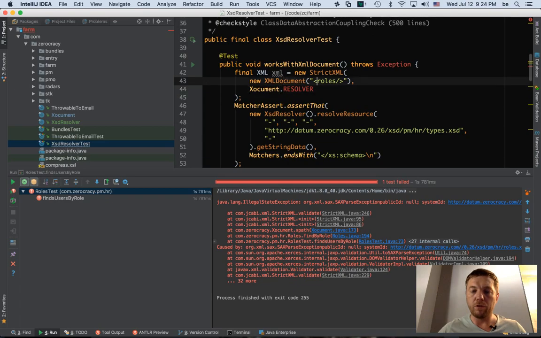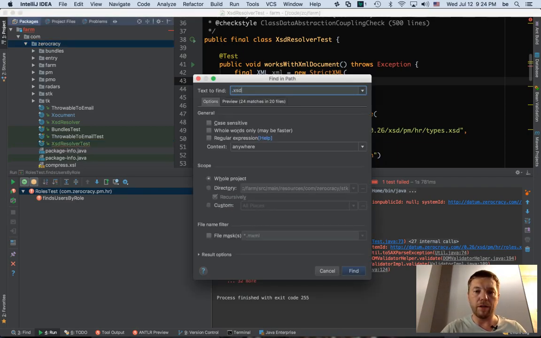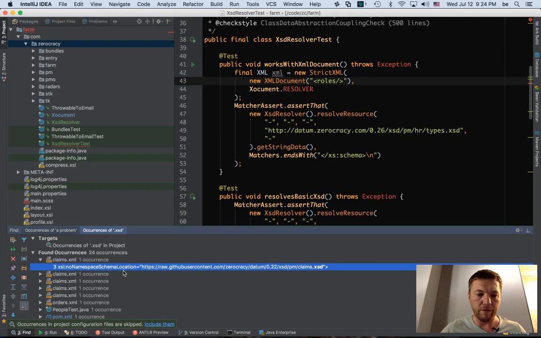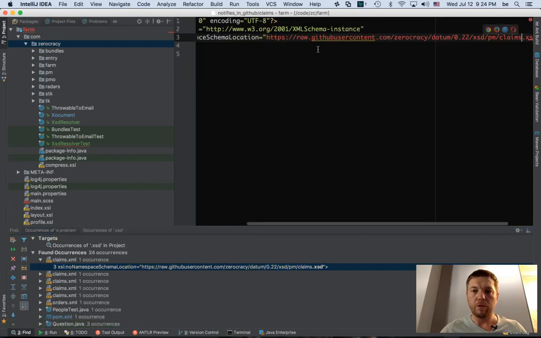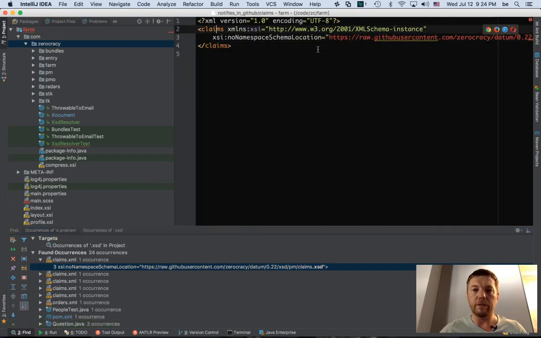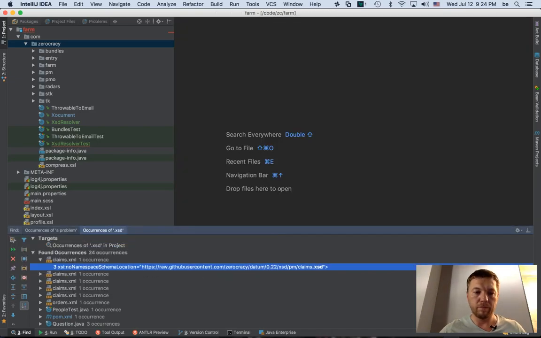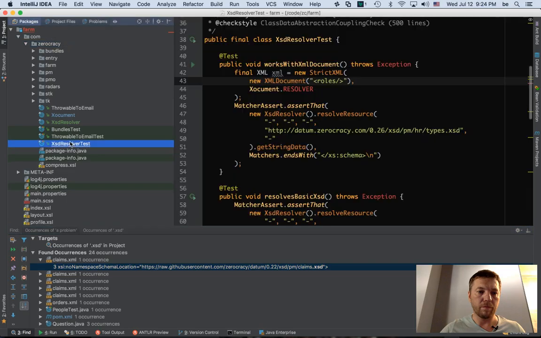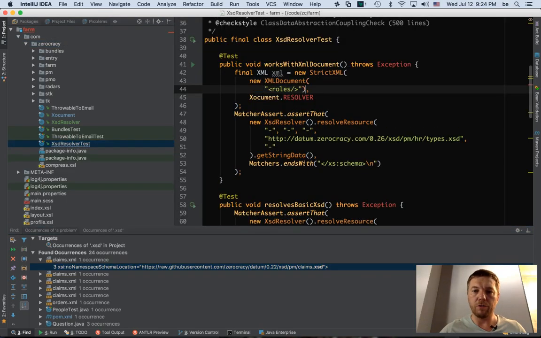No, maybe the roles will not be enough because there has to be a link to the XSD. So let's find... I had this code somewhere. Yeah, there you go. So we need something like that. We need this stuff. Here, so just roles is not enough.